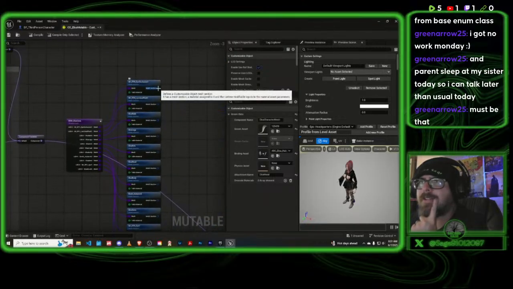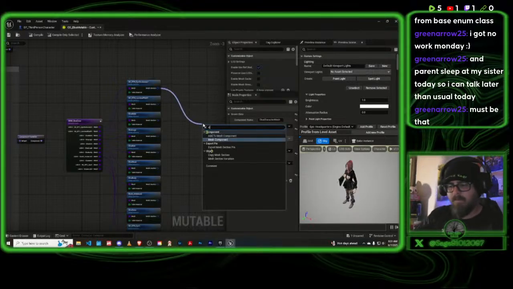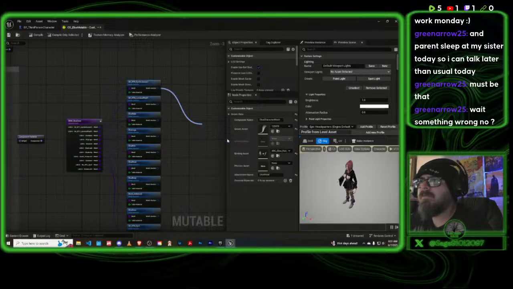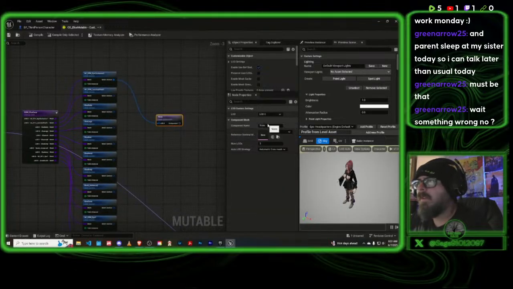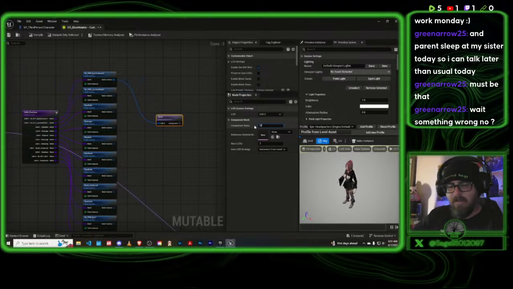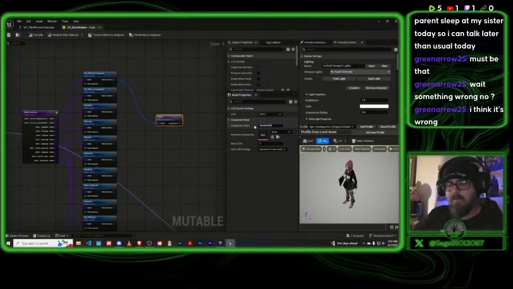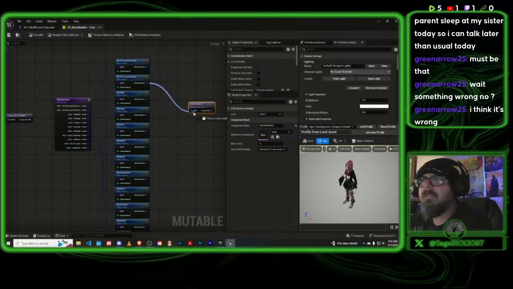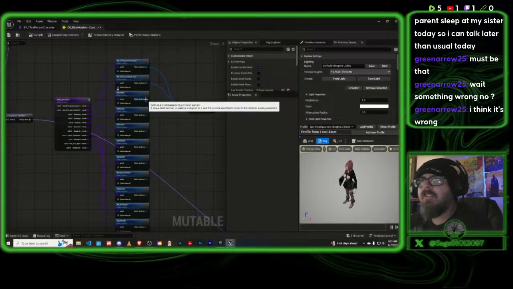So now I need a component mesh. Call it Elsa Jin mesh. Wait, something's wrong? No, I think it's wrong. Okay, what's wrong about it? Let me know. I wish I had my MC character up so I could just do a full copy on it, but